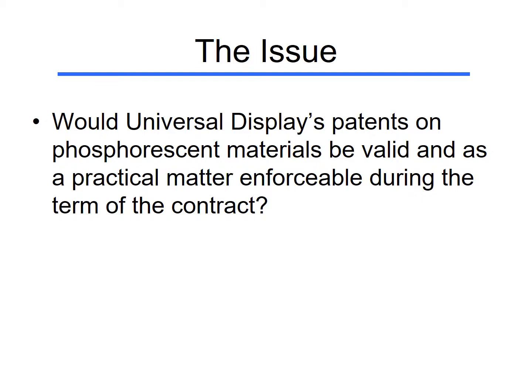Not the OLED, not the electronic component, not the screen. They had those too, but the controversial patents were the patents on the underlying material. Did Universal Display, in addition to having all these patents about the screen and the technology and manufacturing and uses and bendable and all these things, did they also have patents that let them corner the market on the material itself? And that, I think, was the big fight at the time these contracts had to be signed.